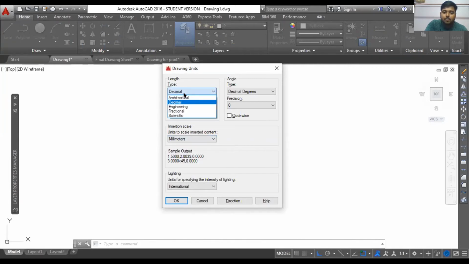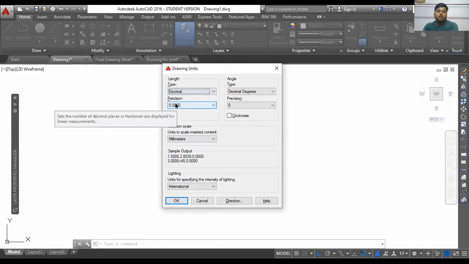And this is the precision. That means how much precision you want. So millimeter is your unit. Whatever dimension you put, it will be inputted in millimeters. So maybe you want your drawing to be specified as x millimeter dot up to 2 decimal places, like 254.55 millimeters.